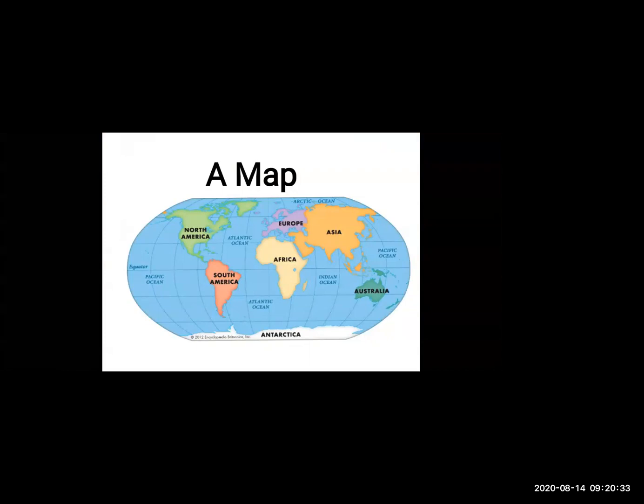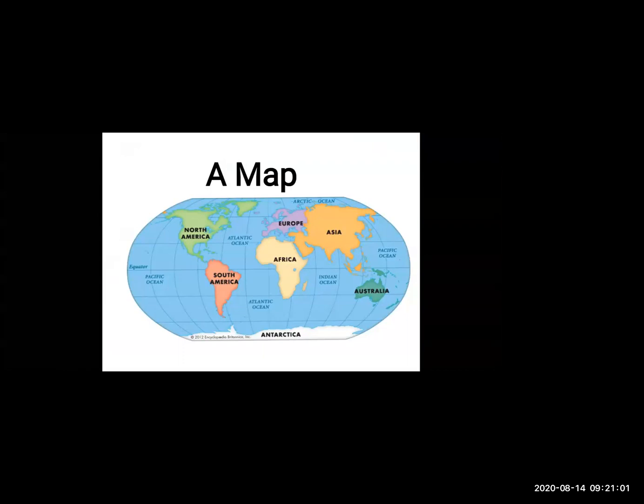Now we will learn about the map in detail. See, it is a map. It is a world map. There are different types of maps. I think you have seen the map of the world, the map of India, of Maharashtra. So what is a map and how is a map useful in the study of geography, we will see here. This is a picture of a map which shows 7 continents and 5 oceans.